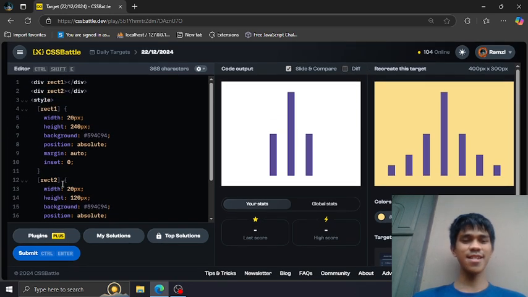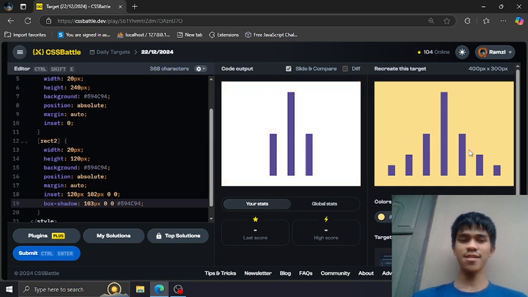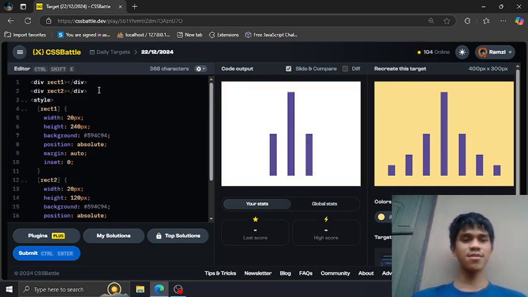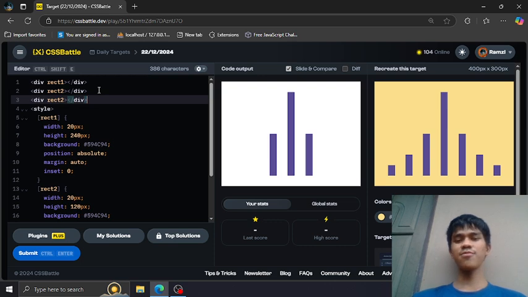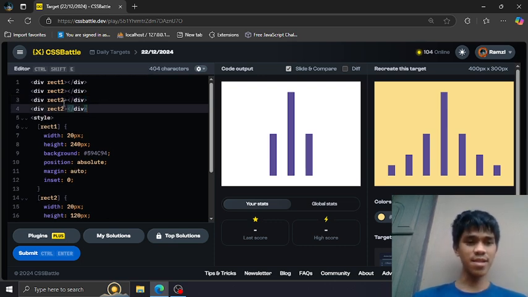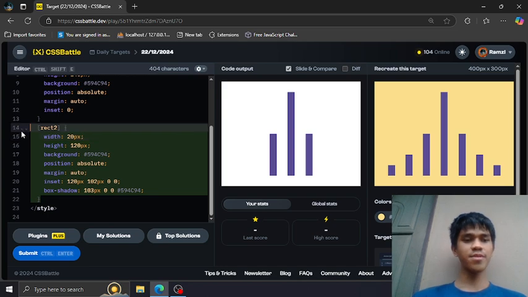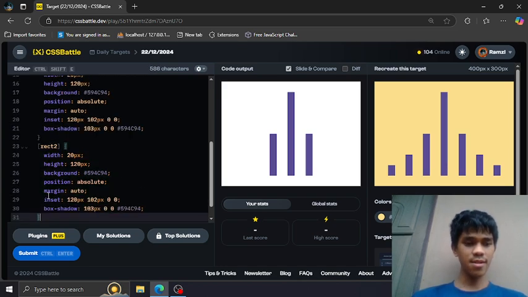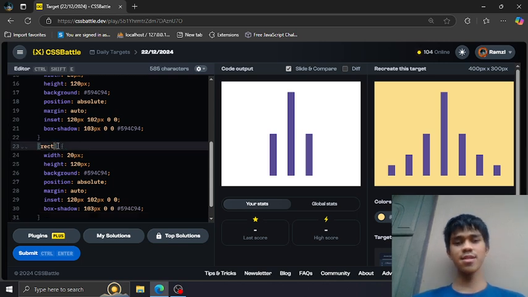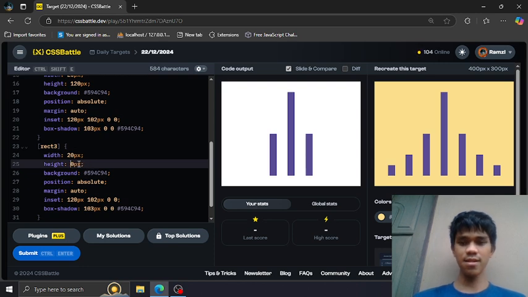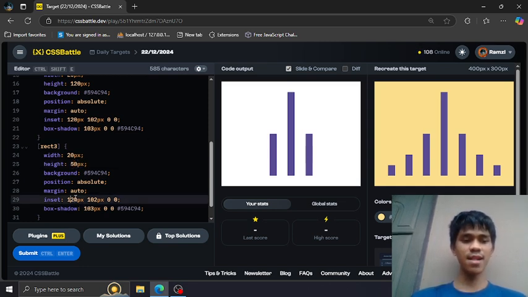Anyway, we can start with the next rectangle, the rect 3. We might as well do the rect 4, rect 3 and rect 4. Copy the rect 2 for our rect 3, name this rect 3, reduce the height, just like earlier, like 50 pixel, and move this to the left side.